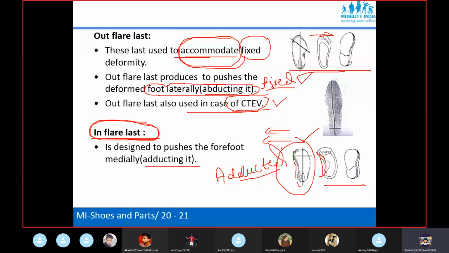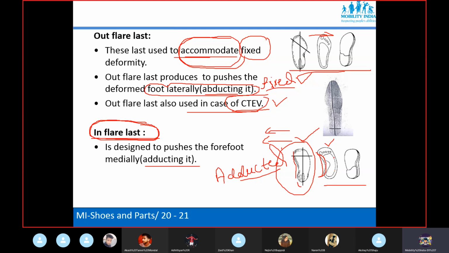You can see in the second picture the foot is completely adducted, going towards midline. So here you need to accommodate if the deformity is fixed.